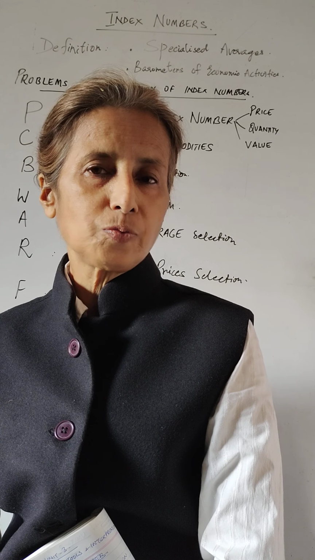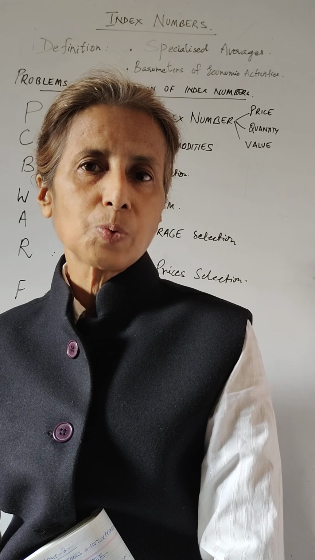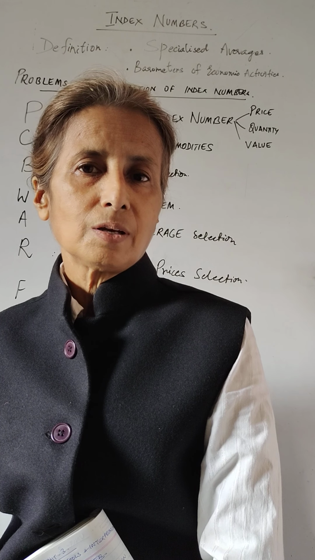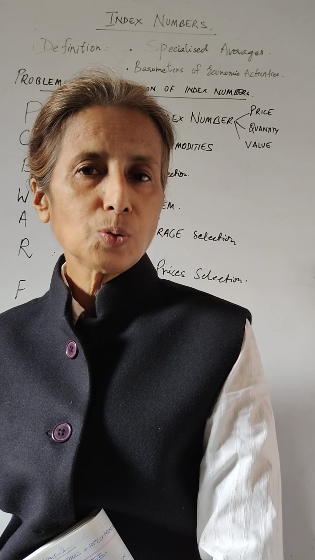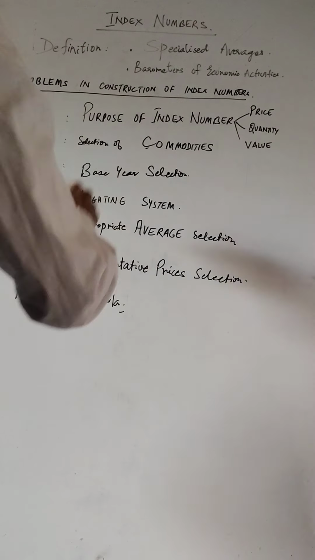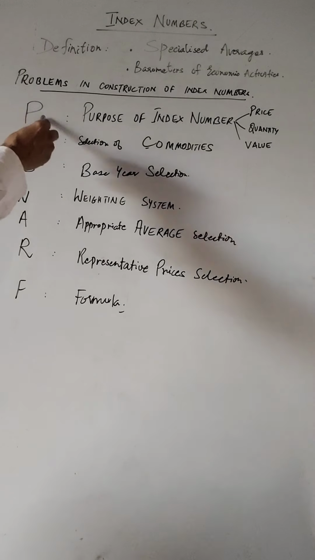So there are a few problems about what is the purpose, what are the commodities, which prices, and all of that, which we are going to learn. Once you know that, you'll be able to write about it. So just let me tell you. So problems in construction of the index numbers, let's learn it up as what? Learn it up as PCB